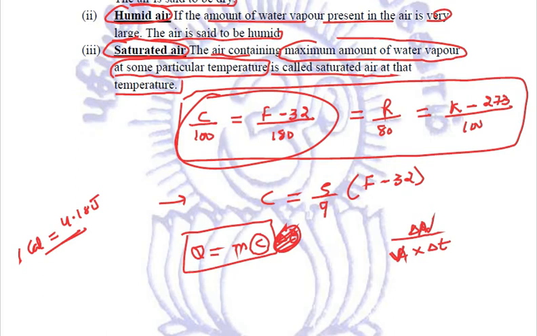We dealt with relative humidity, how to calculate it, and we saw a few differences between the Fahrenheit thermometer and the Celsius thermometer. Then we differentiated between heat and temperature, and between specific heat and thermal heat. We saw the relationship between heat and work, that is, work done is equal to the constant mechanical equivalent of heat multiplied by heat produced. And we saw the three types of air: dry air, humid air and saturated air. So this is all about the chapter heat.